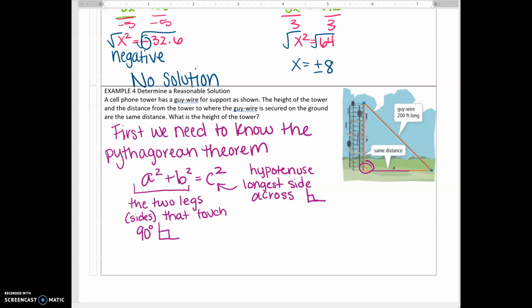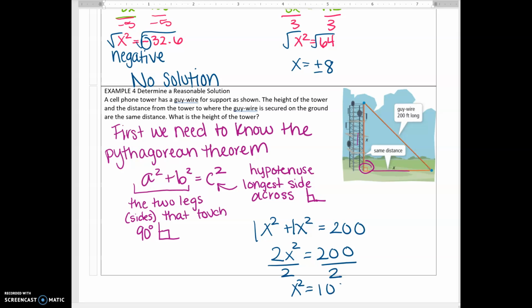So we have x squared plus x squared equals 200. So this is 1 and 1, so now we have 2 of them. And then we divide by 200, and we get x squared equals, oops, this should have been 400, because we do the 200 squared